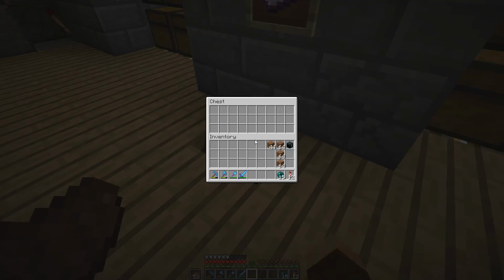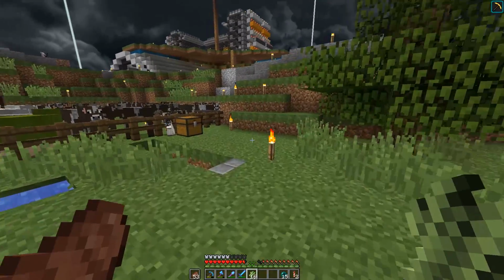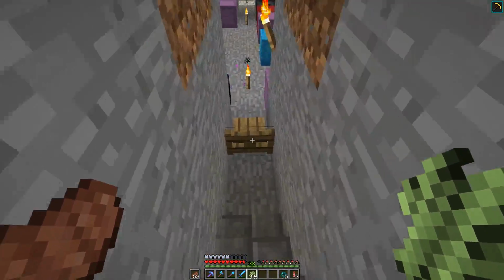So let's put a book there, and he didn't give us a book. All right, now I gotta go find a book. Creating a book was a lot harder than I thought. I had to come all the way back to my base, get some sugarcane, get some leather set up here,